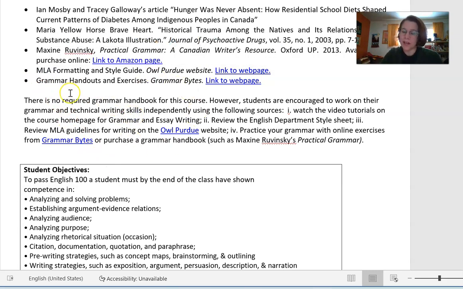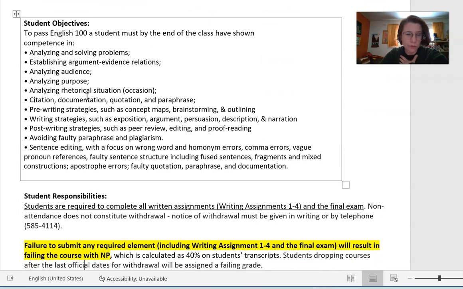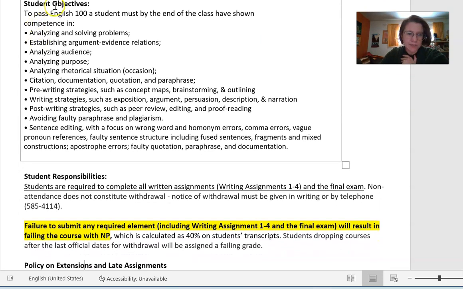So we'll talk a lot about that in Unit 1, how to give proper citing and referencing in our essay writing or our writing in general. Yeah, so that's the basic info on books and required or recommended readings. There's a list of objectives here that we can go through. But basically, it's based on our assignments.